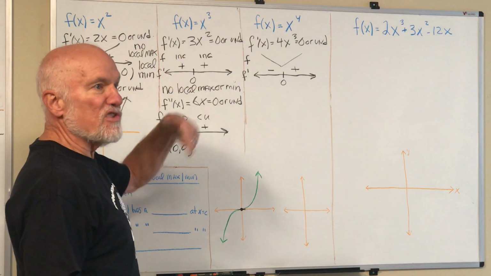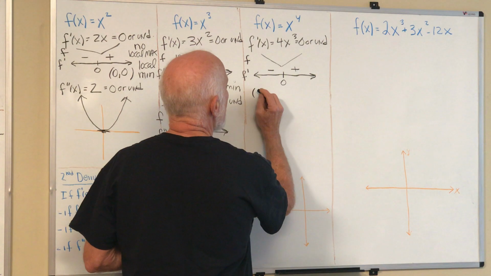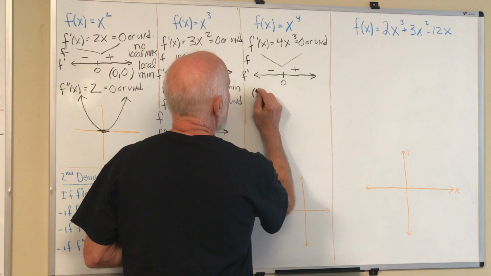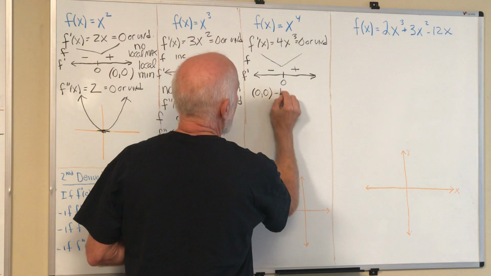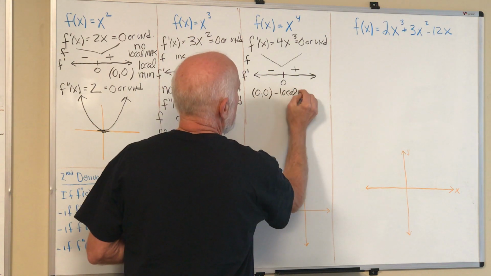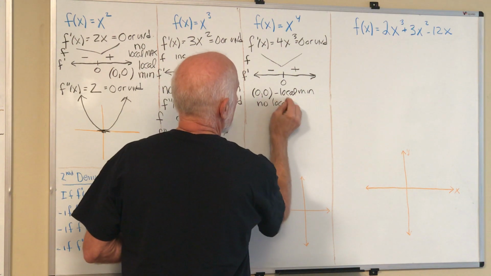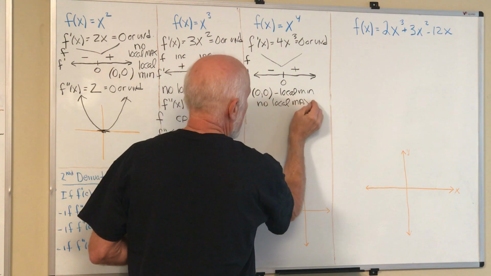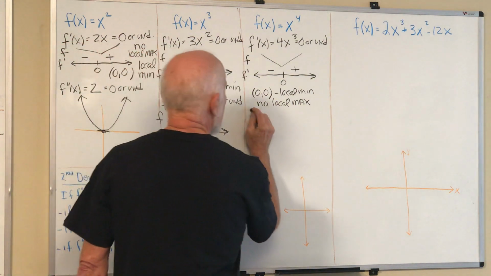You can just look to see what the graph looks like. So I now know that the only local max or min is at (0, 0 to the fourth). And it's a local minimum, and you could write no local max, just to show that you ruled that out. Now you can go to the second derivative,